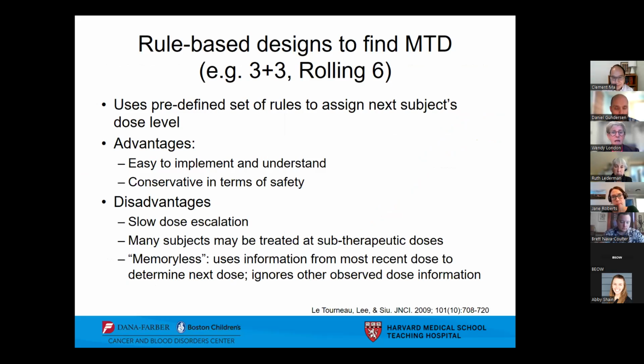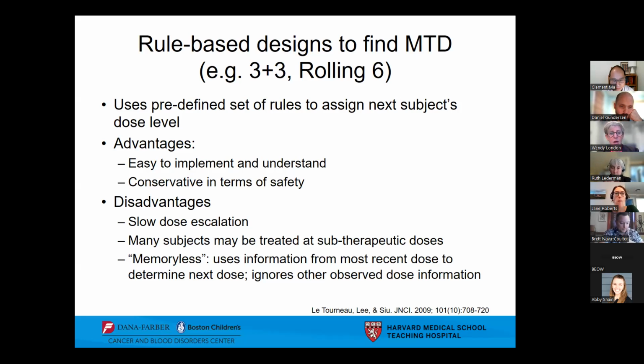So these types of designs are easy to understand and implement, but they're very conservative because they go up carefully in terms of escalating dose. And so that's also a disadvantage because it takes a while to have enough patients to escalate the dose. And many of the subjects may end up being treated at doses that are lower than what we would need